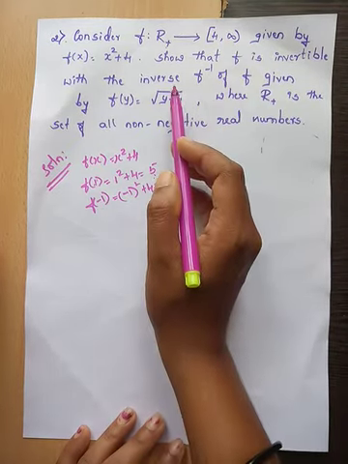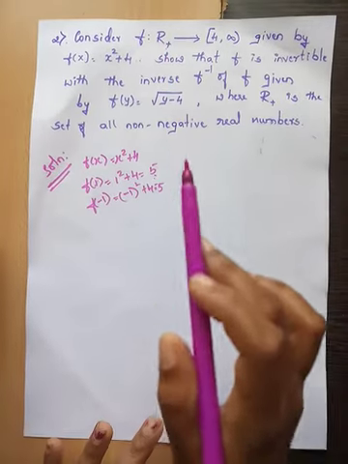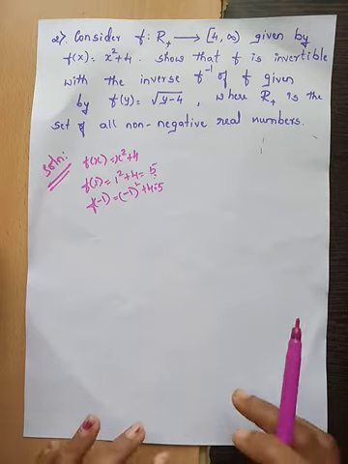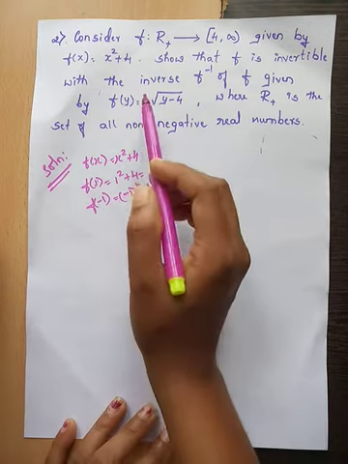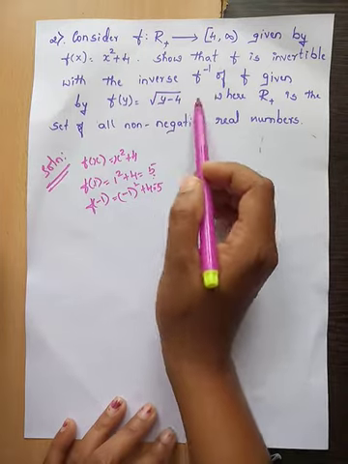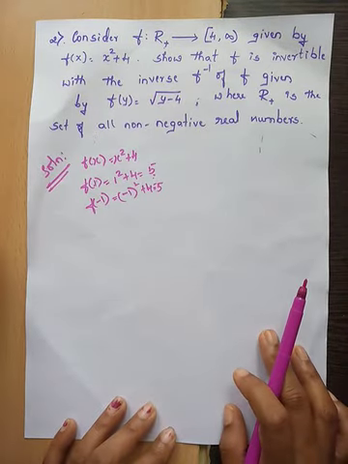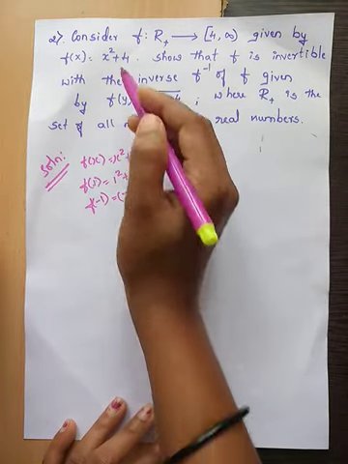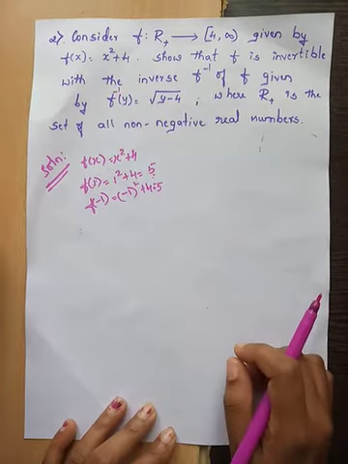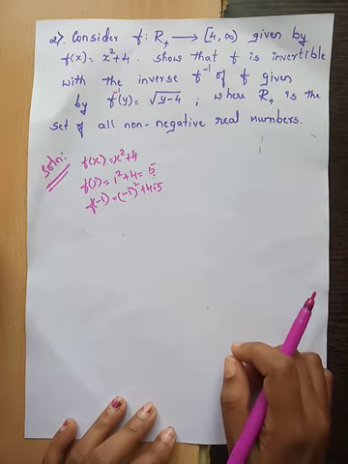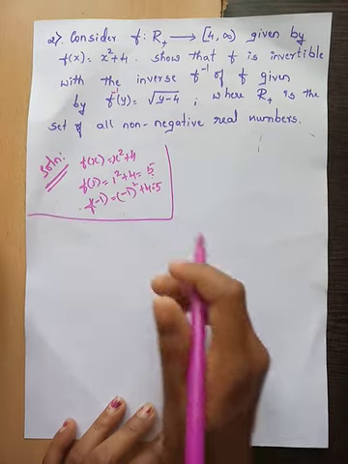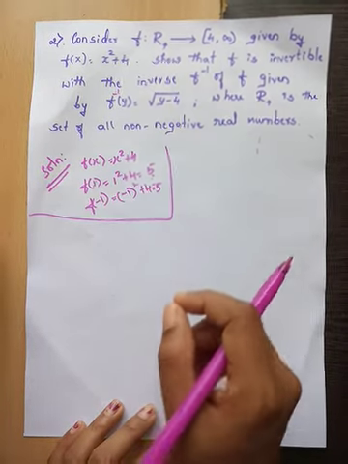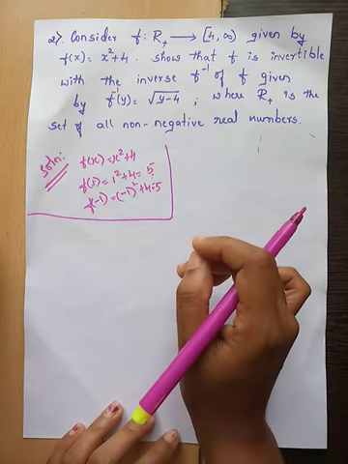So what we have to show is that f is invertible. It is not only about invertibility; we have to find its inverse, and show that the inverse is of the form square root of y minus 4. Which means the function g is defined as g of y equal to square root of y minus 4. This is what we have to prove. They have told us how the function g should be, and we just have to verify whether g is in this form or not.